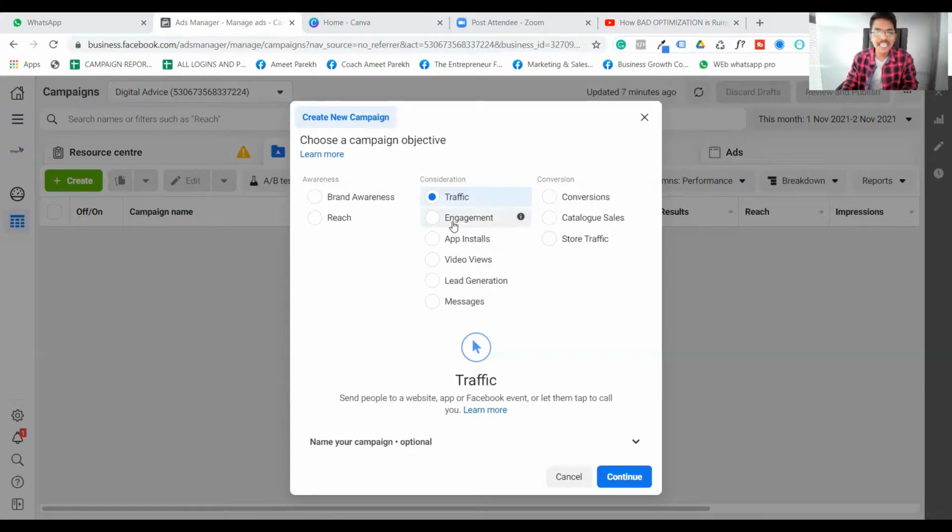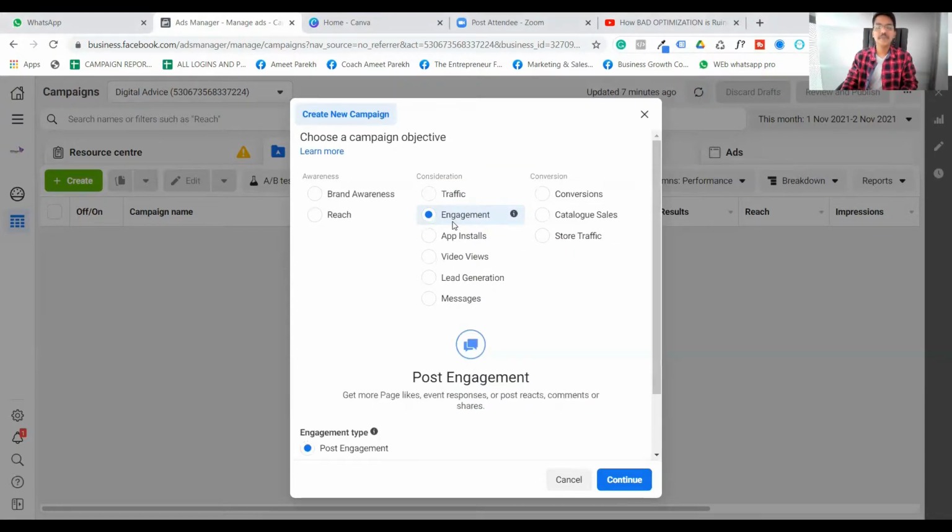Same thing happens with engagement. People are actually starting campaigns with an engagement objective. Why do we need engagement? What is our ultimate goal? As an advertiser, whichever person or business is coming to advertise on the platform requires either sales or